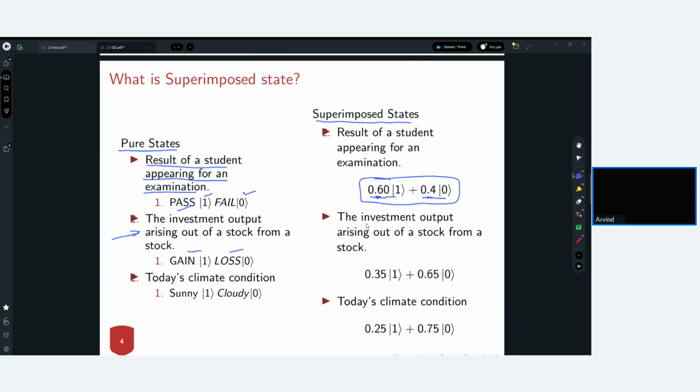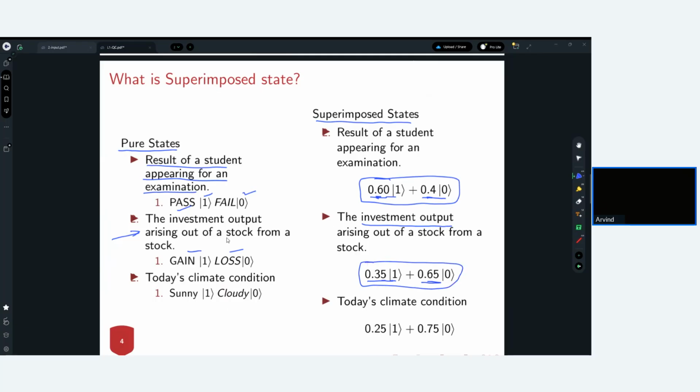Now suppose that you have not yet realized your profit or loss, and there is a 35% possibility that you may get some profit, and 65% possibility that you may experience a loss through your investment. If you want to capture this situation, then you can use the